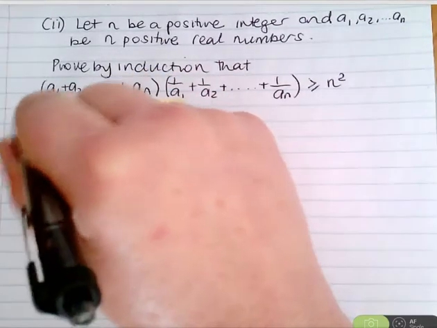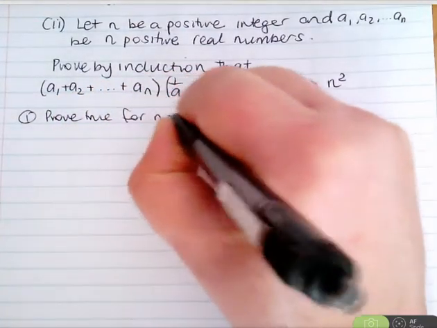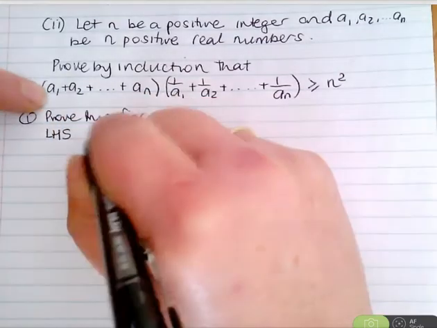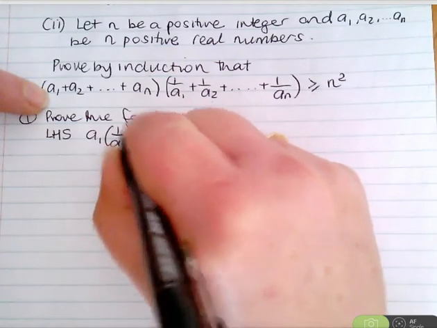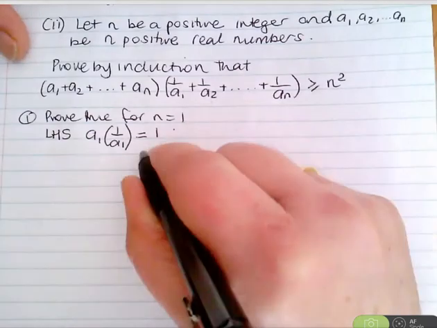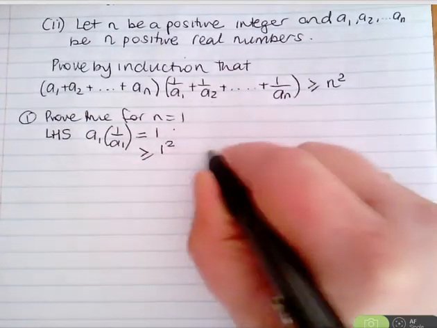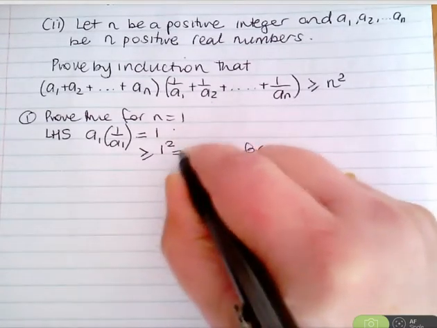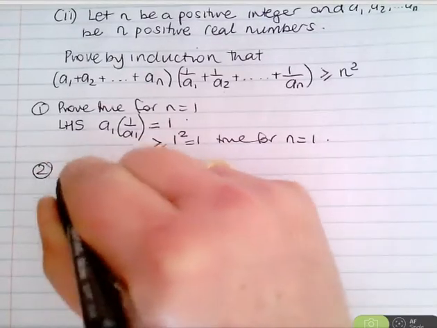So step 1, prove true for n equals 1. Okay. Left hand side will be a1 times 1 over a1, which is 1, which is of course greater than or equal to 1 squared. So therefore true for n equals 1. So 1 squared is 1. Assume true